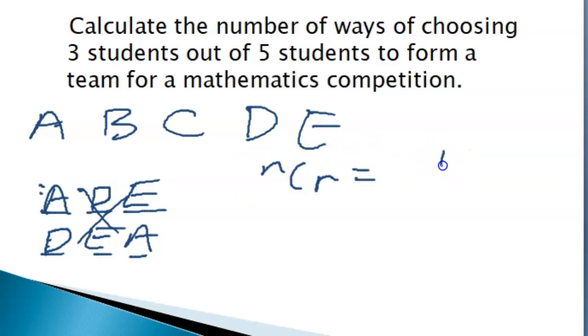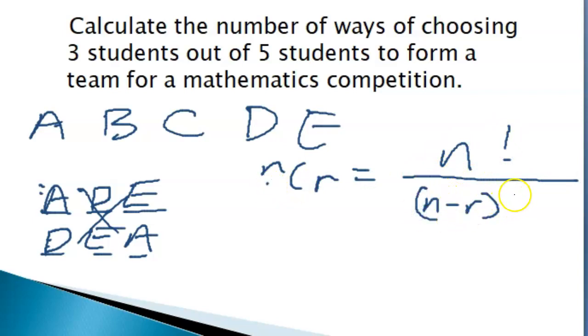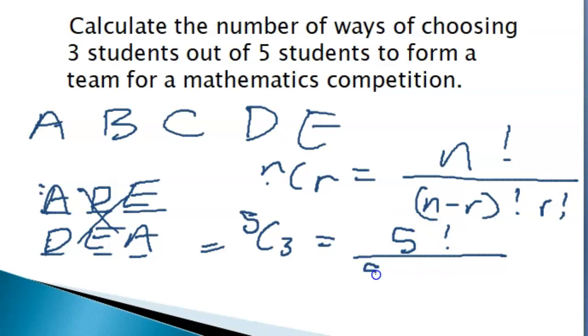we use the formula nCr, and nCr is n factorial over (n minus r) factorial times r factorial. Here, from 5 persons, we are choosing 3. So that's 5 factorial over (5 minus 3) factorial times 3 factorial. R, in this case, is 3. So doing our calculations, we end up with